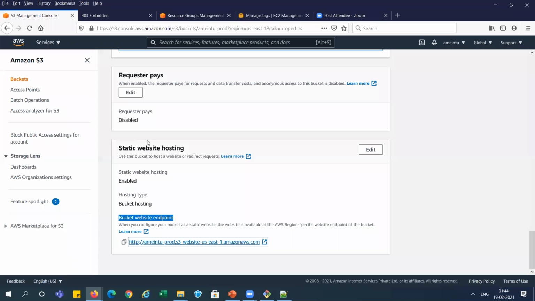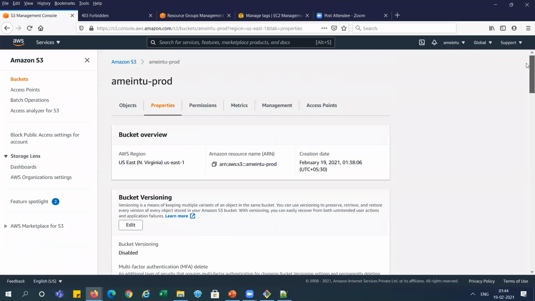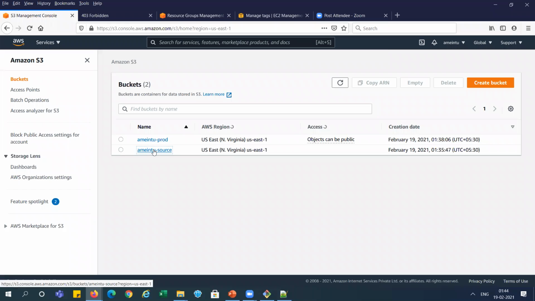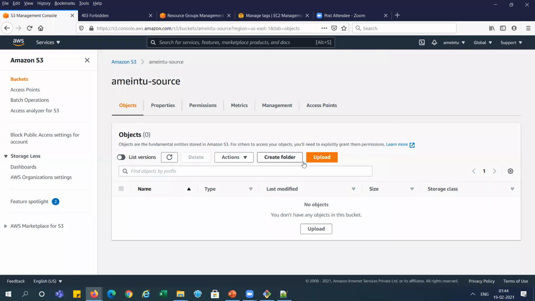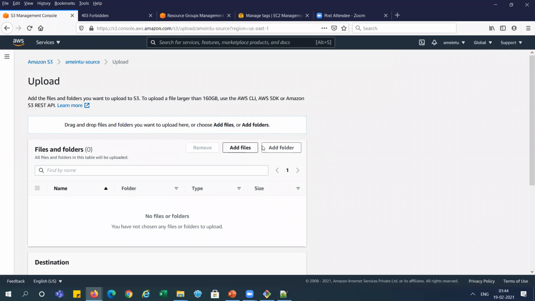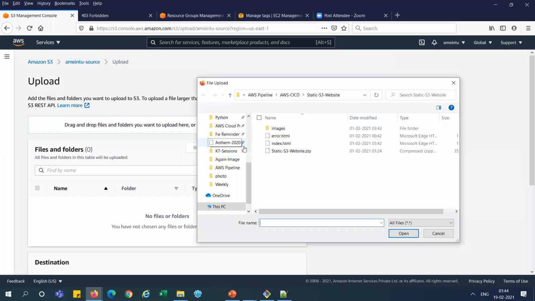Let's go, right? These are our S3 buckets. I think this one is for production. No, we need to go to the source folder, right? And this is the upload button. We will select the files.